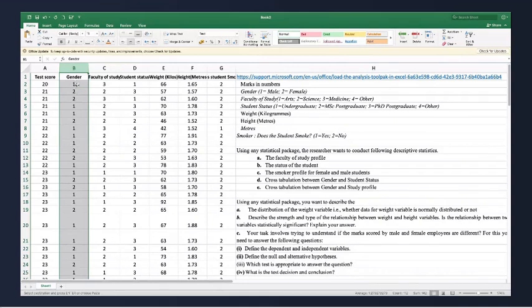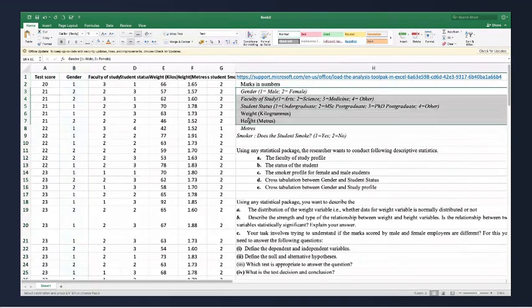So you'll have to replace it using commands in Excel. In the same way, you have the options: one means arts, two science, three medicine, four others. So you will have to make this in your Excel and make your data available.